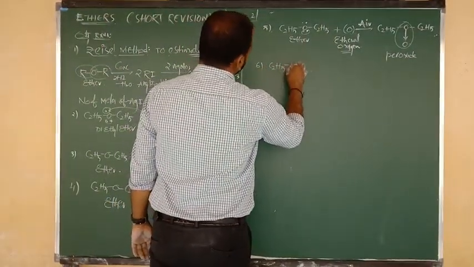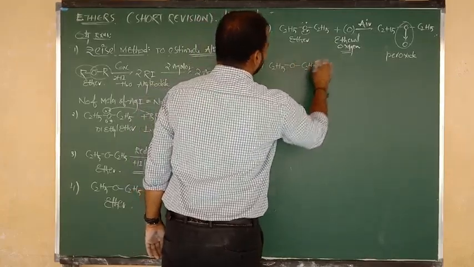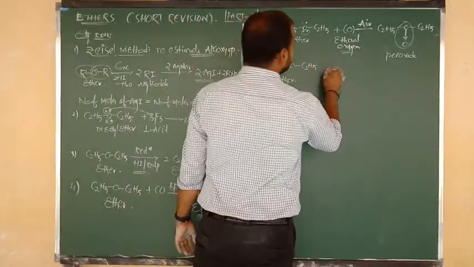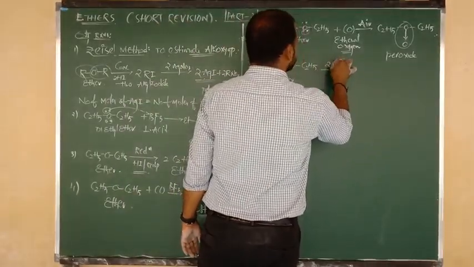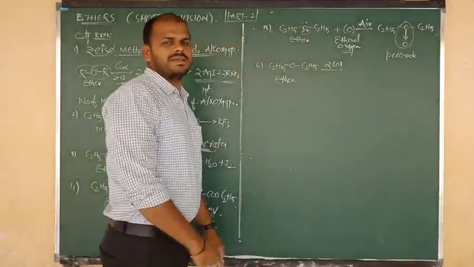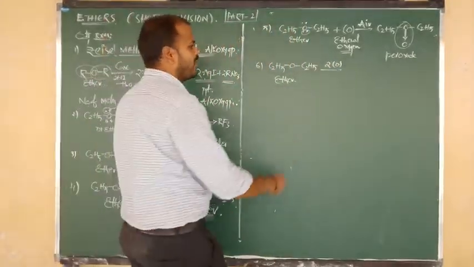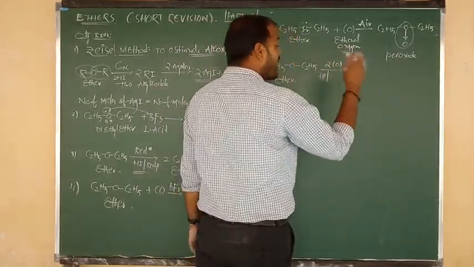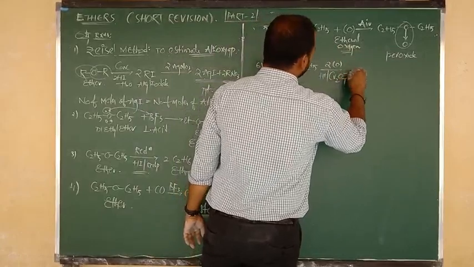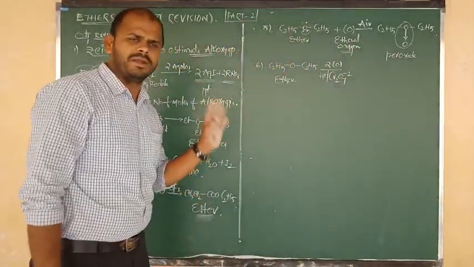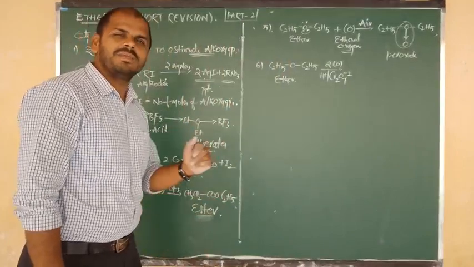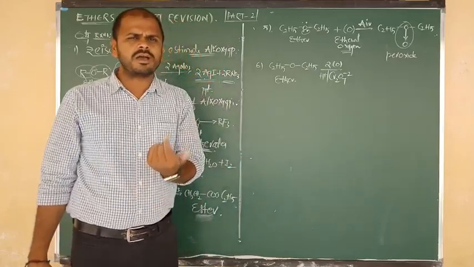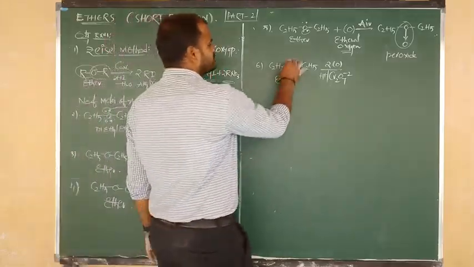Next, go for one more thing, beta. C2H5 bonded to O. O bonded to C2H5. So the name of this compound is nothing but ether. And suppose it undergoes oxidation. How many moles of oxygen do you require? 2 moles of oxygen. Must and should we have to add, beta. And suppose addition of oxygen takes place in presence of acidified potassium permanganate, and also we can take acidified potassium dichromate, or dichromate medium Cr2O7 2-. Same like alcohol. Alcohols first of all on oxidation change into aldehyde. Aldehydes on oxidation give carboxylic acids. Here also same thing.